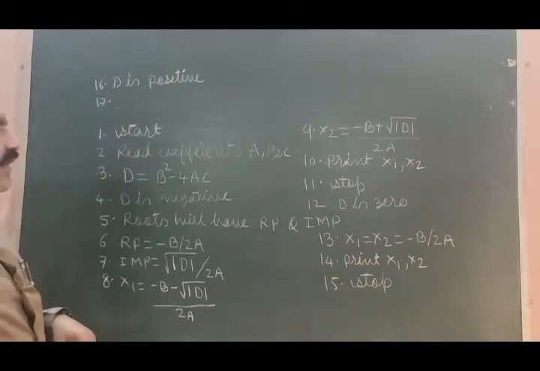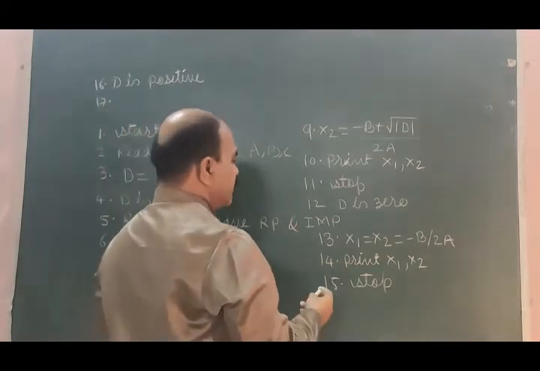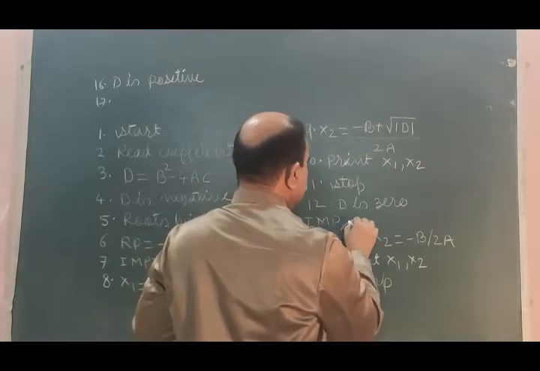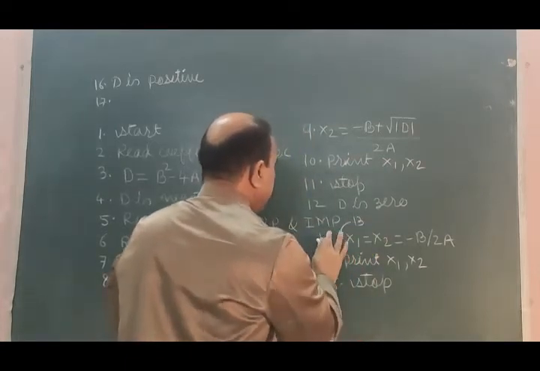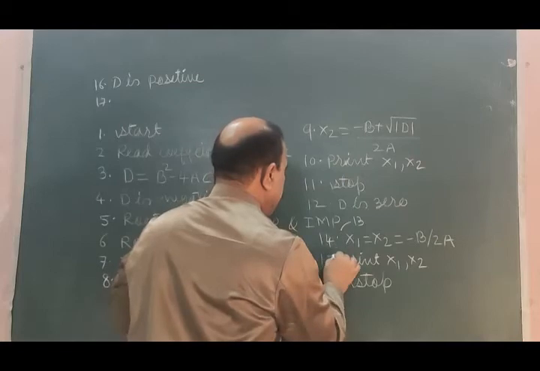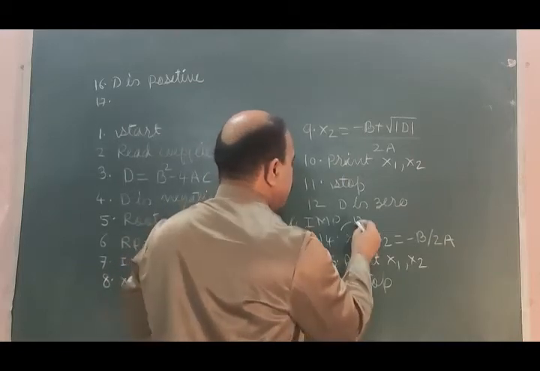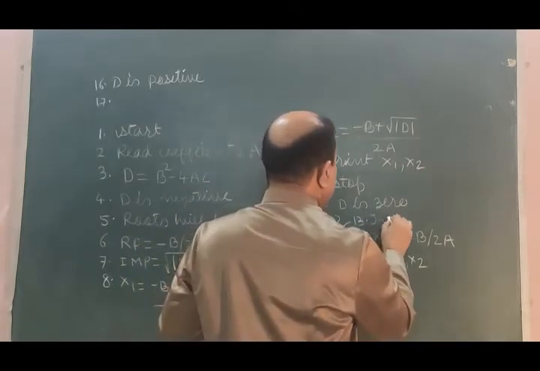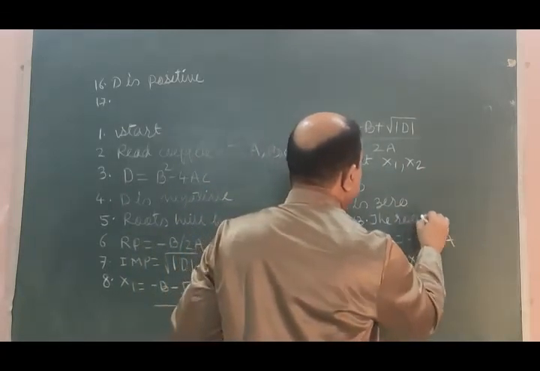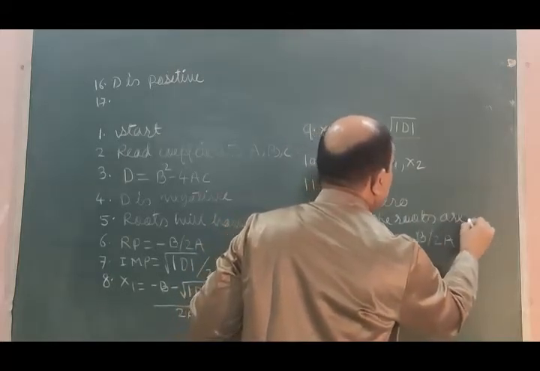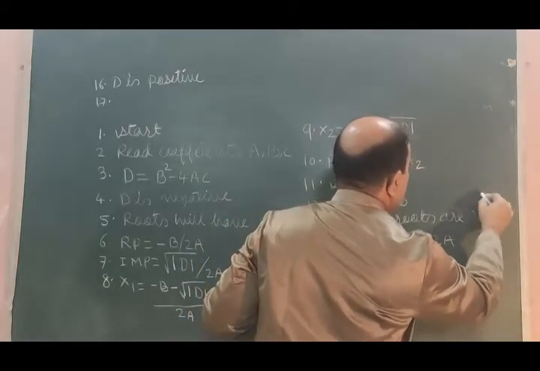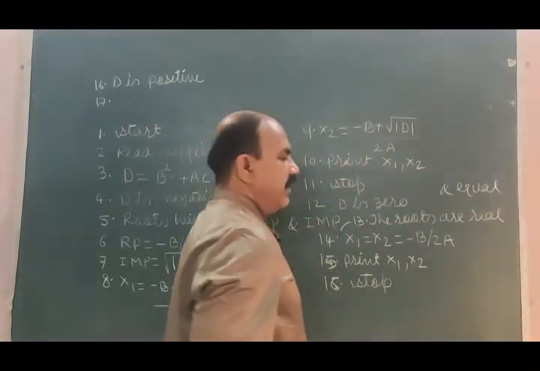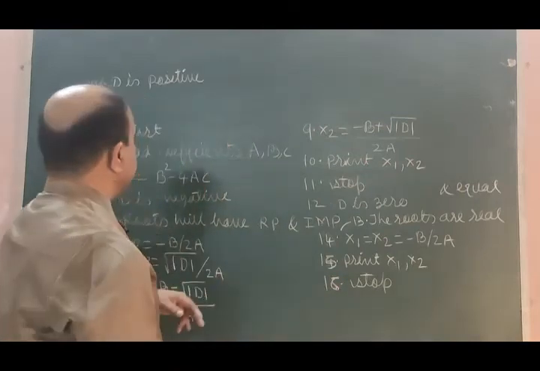Roots will be, here I forgot one step. After 12, I have to write one step here. 13, make it 14, 15, 16, and 13 should be the roots are real and equal. Okay, 17,